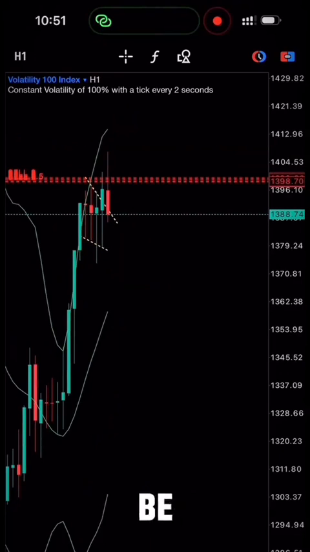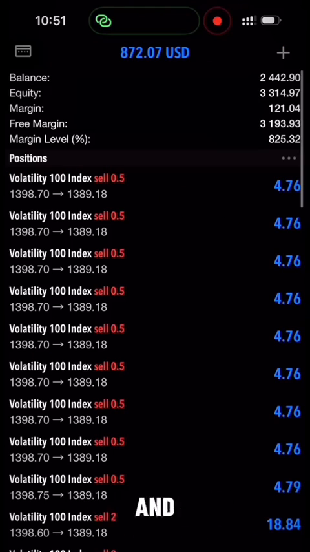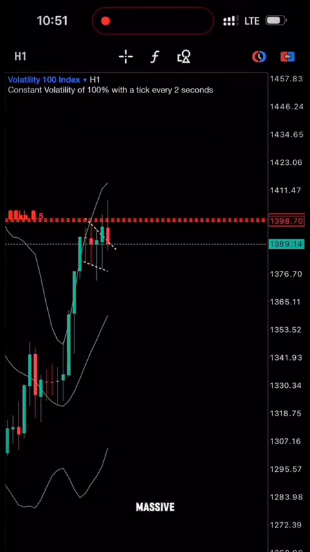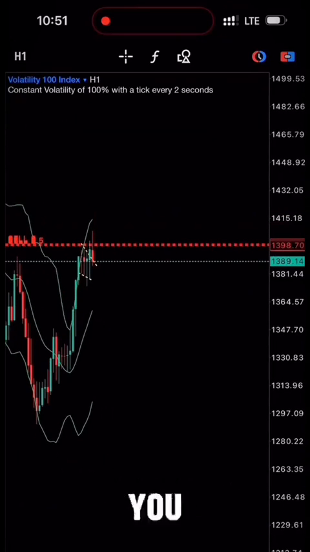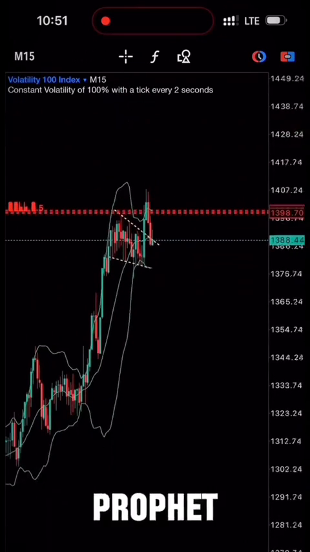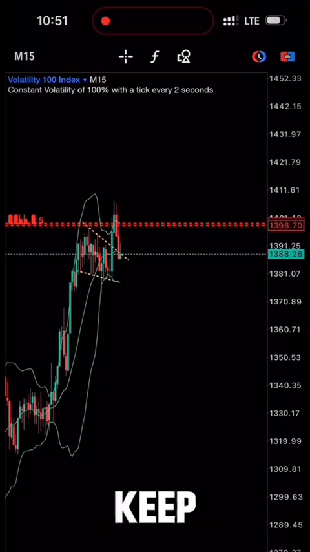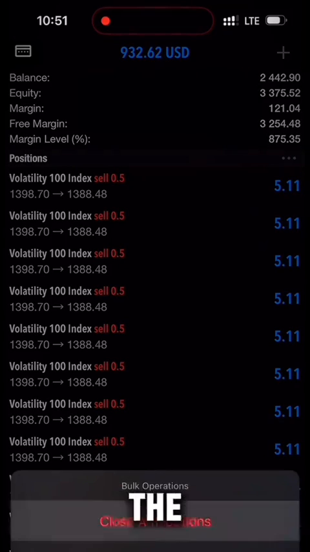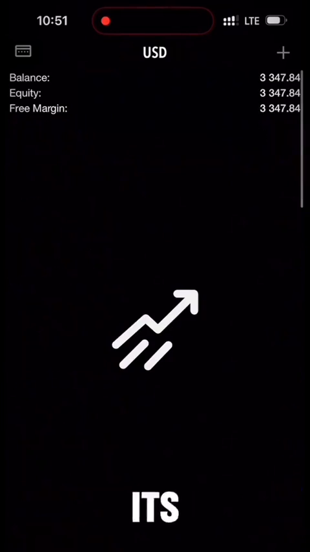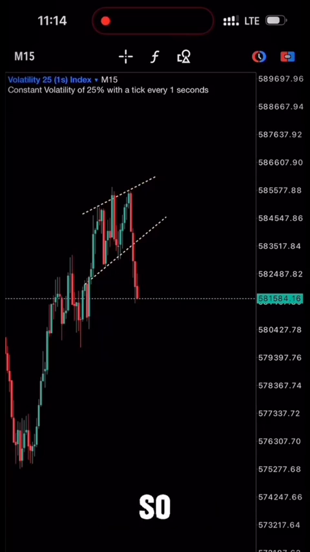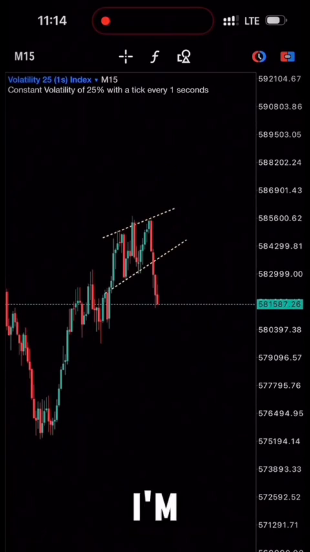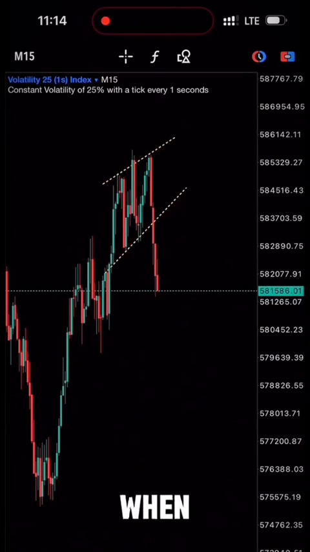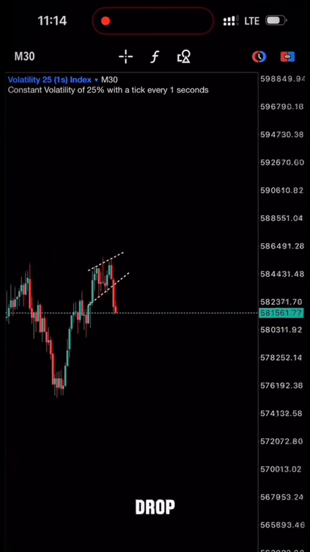So the next thing we're going to be waiting for here is a pullback, and eventually we had one and we are in massive profit. So when you are in massive profit, we take our profit, right? We don't let it keep running, because you might incur losses, because we'll be only trading a pullback, and after the pullback the price will definitely go back to its senses, and when it does that, you wouldn't want to be in the trade. So this is another trade which I gave as a signal in the group. I'm sure you saw the signal like this when I opted for a sell, and it did drop, but then